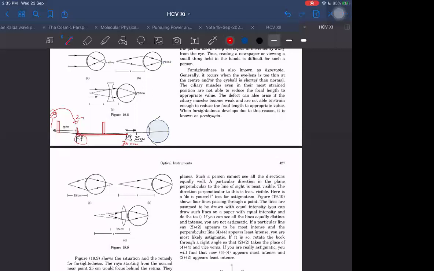If I want to see a star, I can see any object placed at a distance of 2 meters from my eye, but I cannot see stars because they are far away. So I just want to form the image of stars at 2 meters distance. Then it will appear as if that object is 2 meters away from my eye. For my eye, it will appear like that only, and then we will be able to see it. Okay, so this is how it works.